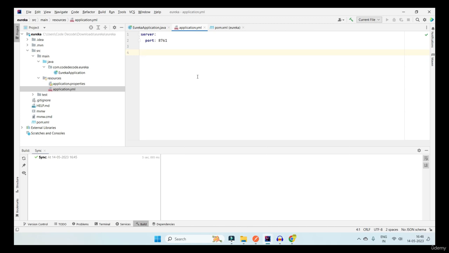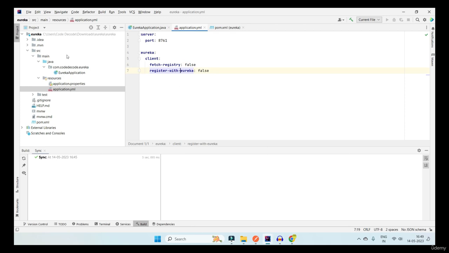So Eureka client fetch registry is false. That means I do not want to fetch any registry from any other Eureka server on the network. And secondly, register with Eureka also as false. So this is how you configure your registry configurations when you have multiple Eureka servers on the network.